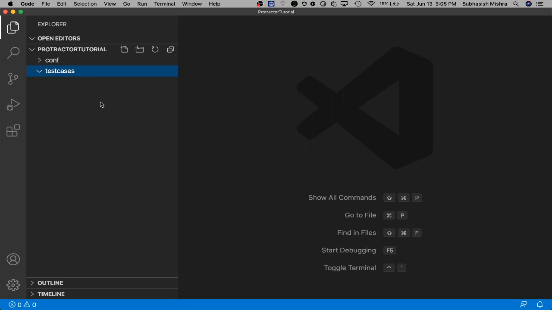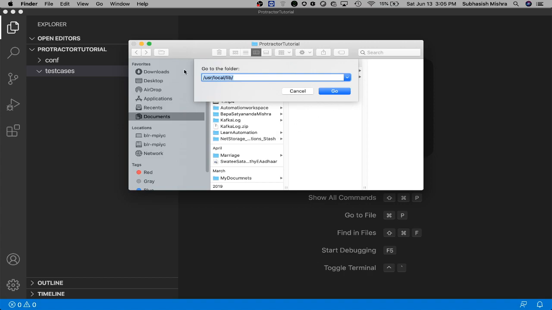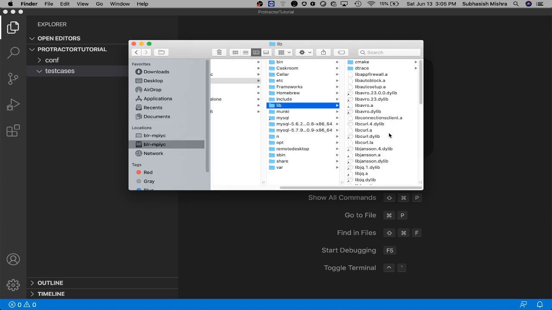So where will you get it? If you are a Windows user, go to the particular location or folder where Protractor is present. If you are a Mac user, go to your Finder, press Command Shift G, and go to this location, user local lib, then go here.